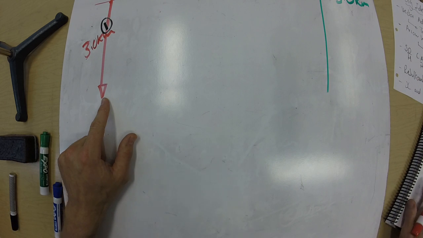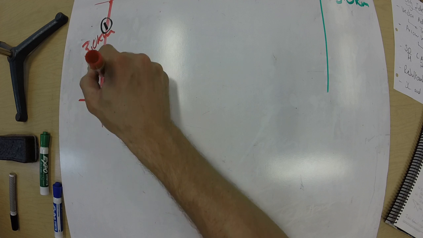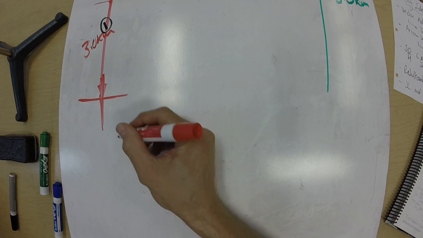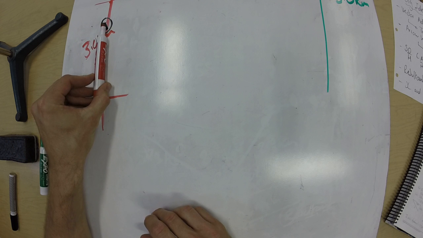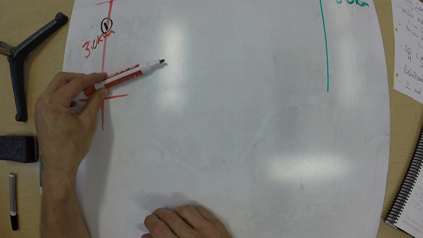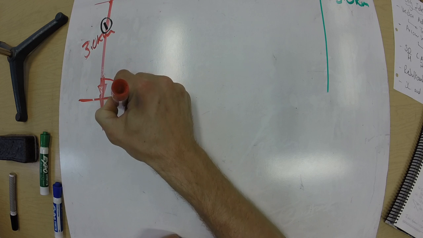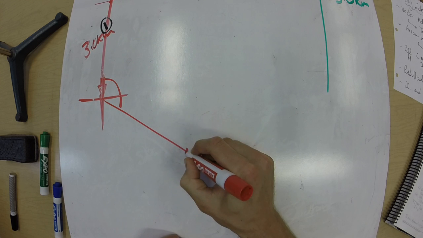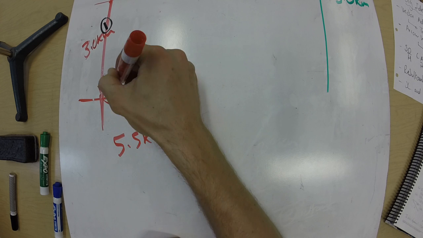The next vector is 5.5 kilometers on a bearing of 110. So I'm doing my little reference grid again, and I need to take a bearing of 110. Well, a bearing starts from north and goes clockwise, right? So 110 is going to go past 90 to here, and it's 5.5 kilometers there. This is